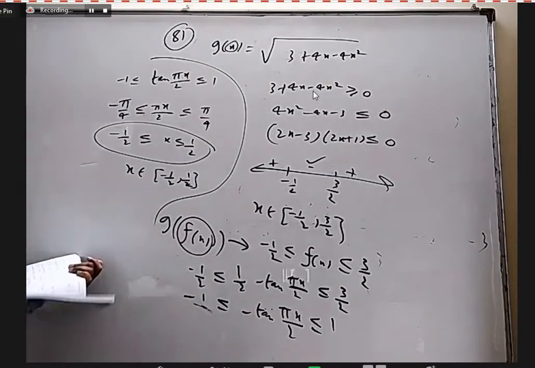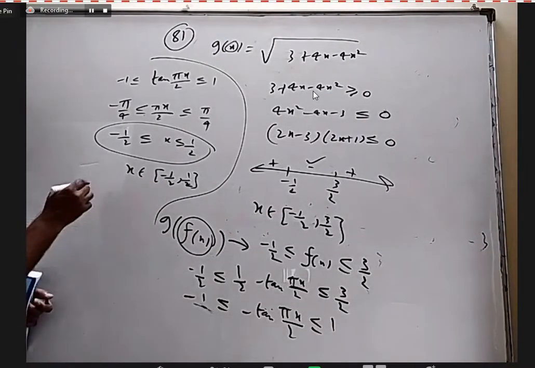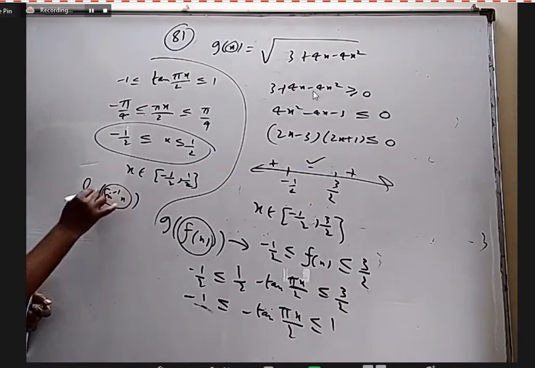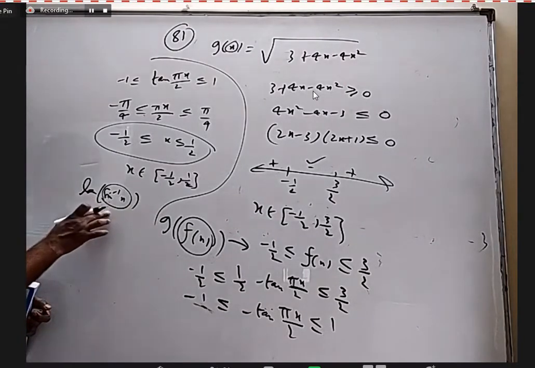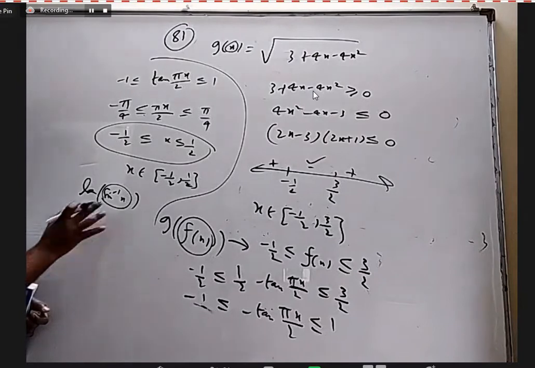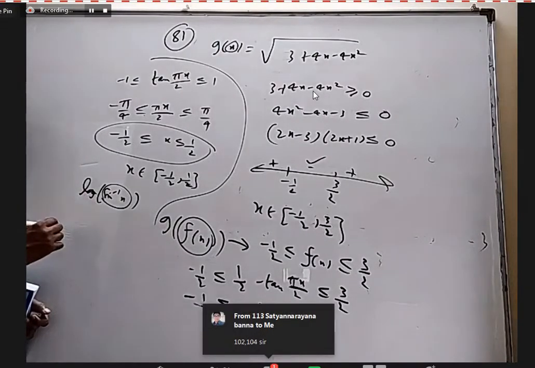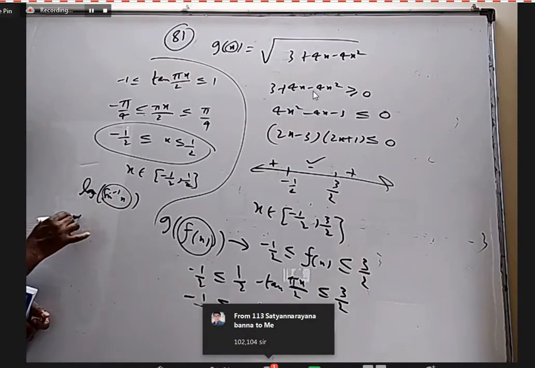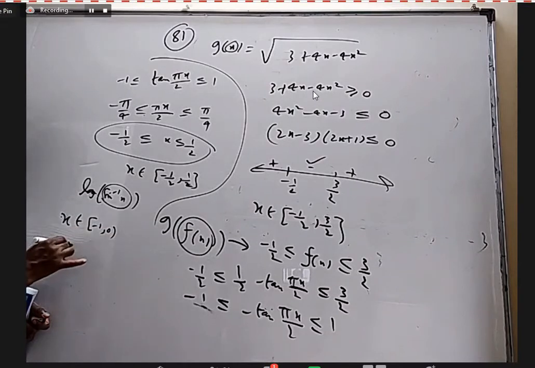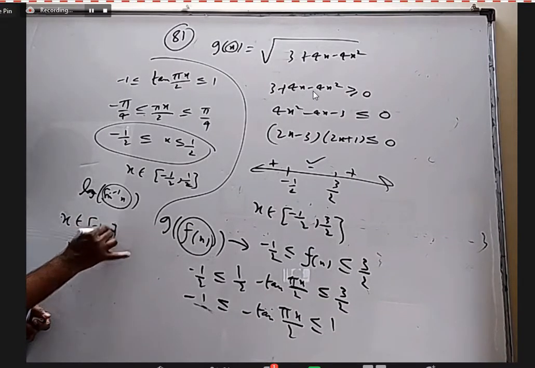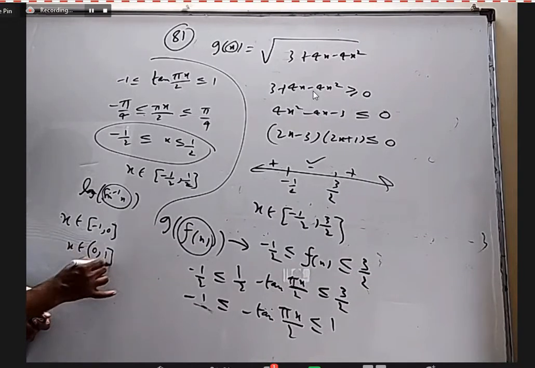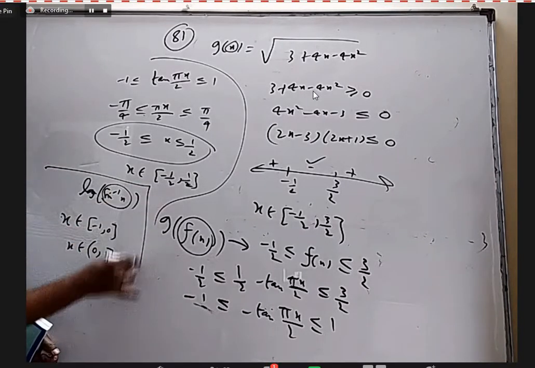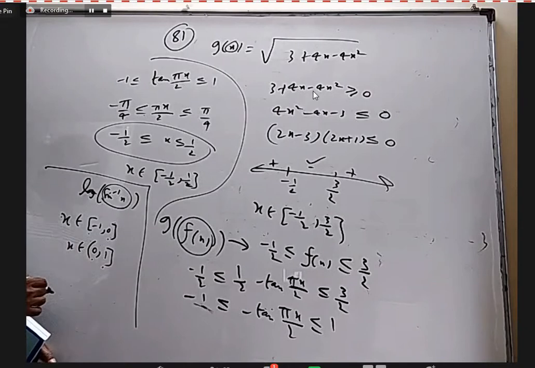They want log of sine inverse x. Basically, log of sine inverse x. Sine inverse x should be positive. Anyway, we'll study inverse trigonometry very soon. I will have a better idea, but right now I'll just give it to some extent. Sine inverse x is defined only when x is between minus 1 and 1. In that, let us take two parts. x belongs to minus 1 to 0, closed at 0, and x belongs to open 0 to closed 1. Sine inverse x is defined in minus 1 to 1. Within that, I am taking two parts, minus 1 to 0 separate, 0 to 1 separate.